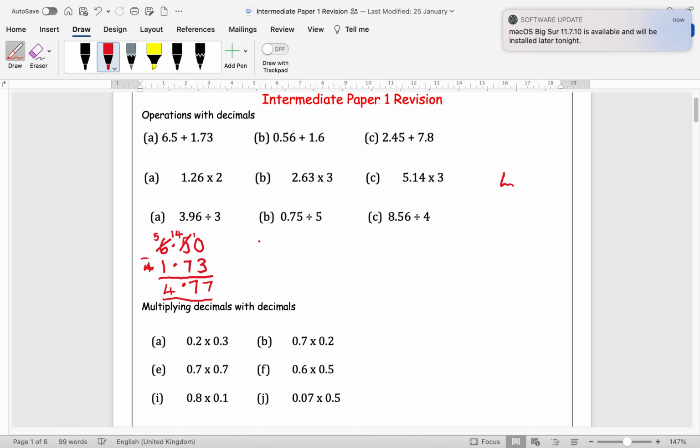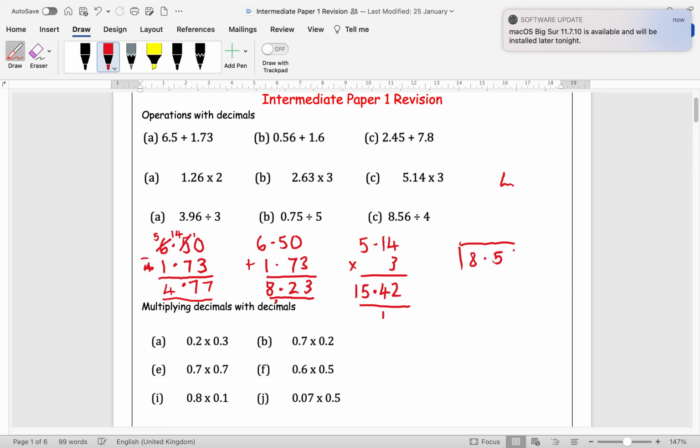Seeing that's an add though, but useful, because if we were adding them, plus 1.73, even easier. 0 add 3 is 3, 5 add 7 is 12, which is 2 carry 1, and 6, 1 and 1 makes 8. Apologies, the pen isn't great, but we'll keep going. Multiplying, again, easy enough. Set it up like that. 3 4s are 12, carry 1, 3 1s are 3, add the 1 down there is 4, decimal place in the same place, 3 5s are 15, and a division,